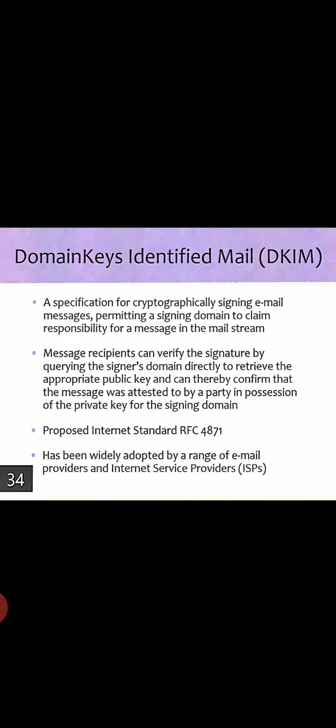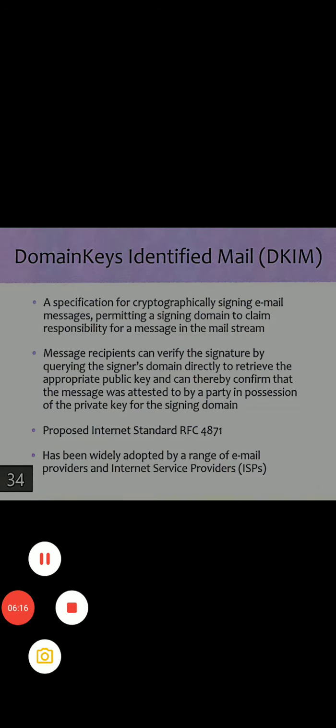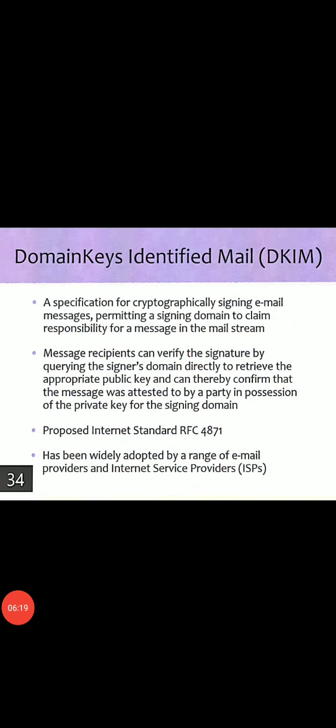I'll repeat once again. The DKIM signature is generated by the mail transfer agent, MTA. It creates a unique string of characters called a hash value. This hash value is stored in the listed domain. After receiving the email, the receiver can verify the DKIM signature using the public key registered in the DNS.